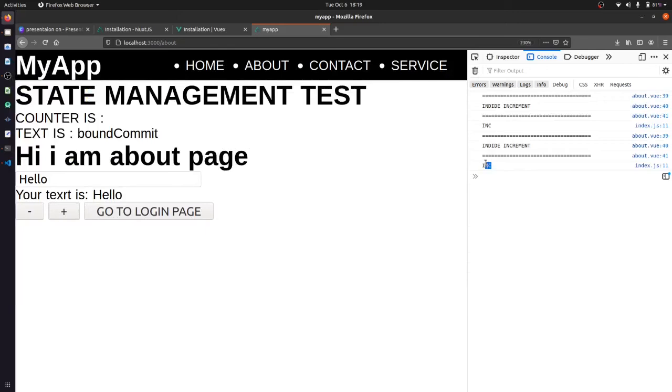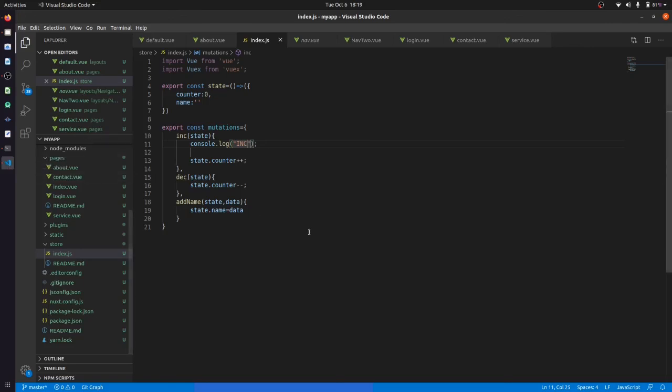Both of our functions are getting called. So why is it not showing us the data? One second, let me check this. State, we have a state here.